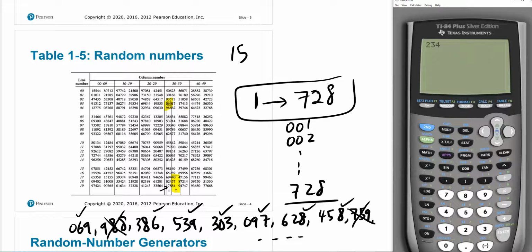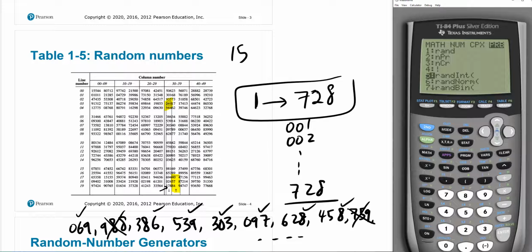Okay, and then you click on STO, store, and then you go to math, and then to prob, that's probability. And then just the first one, hit the enter key. And then after you hit the enter key, you hit it one more time. So the calculator will always display the first number you decided upon, which is 234. Then we're going to go back to math and prob again. And then after prob, you're going to go down to the fifth one,